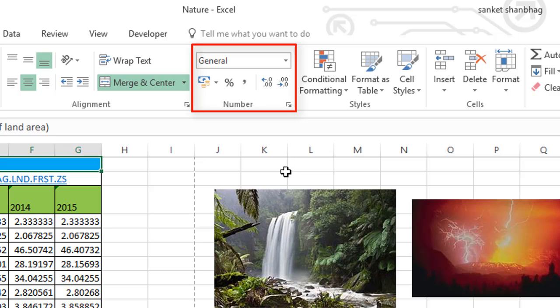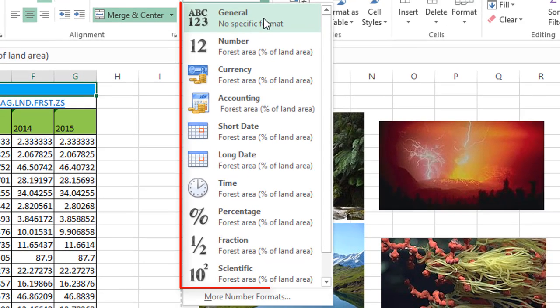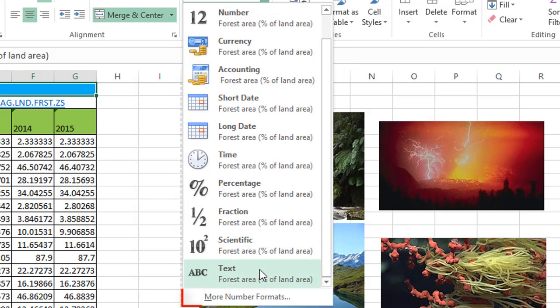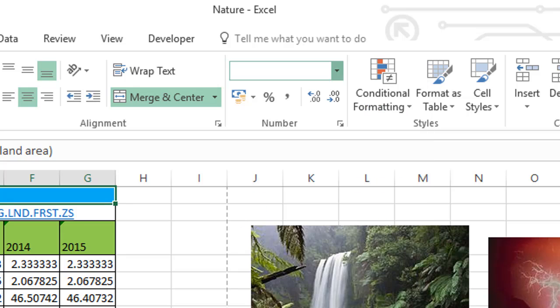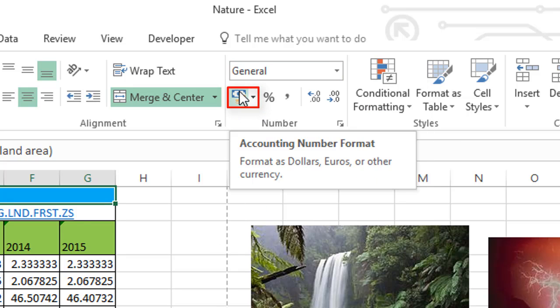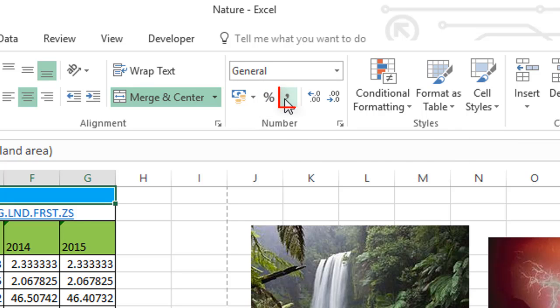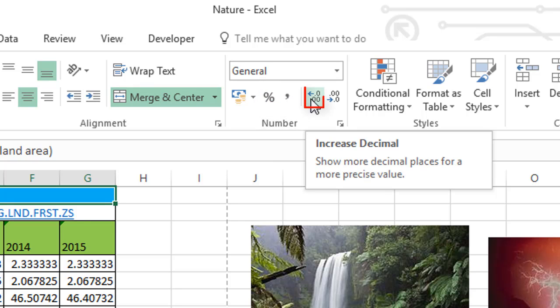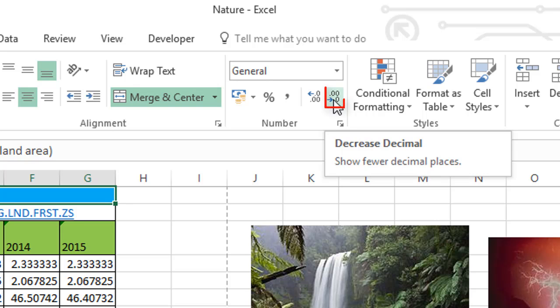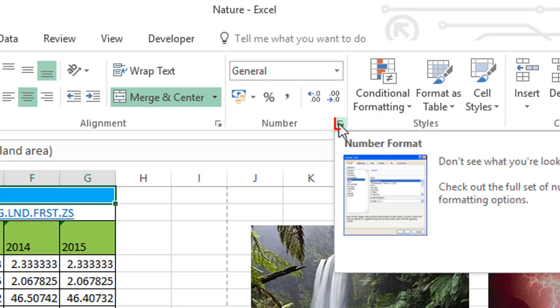Next section is Number. We can define number formats like general, number, currency, accounting, short date, long date, time, percentage, fraction, scientific, text and more number formats. We can set accounting number format, percentage style, comma style, increase decimal, decrease decimal. Under more number formats,